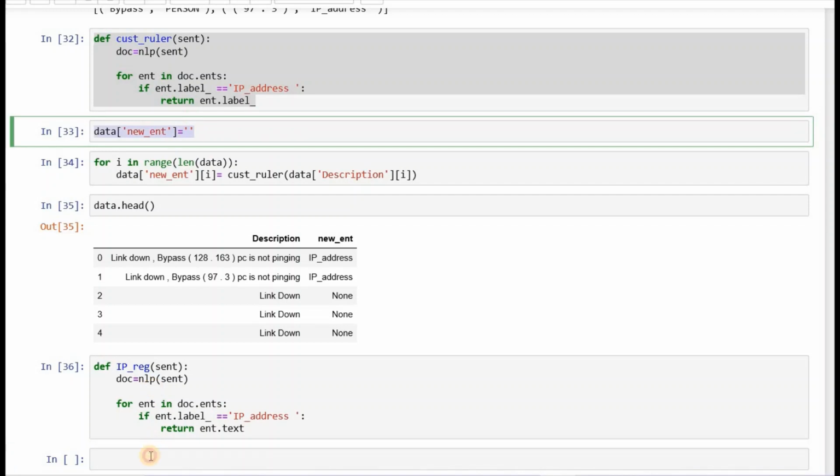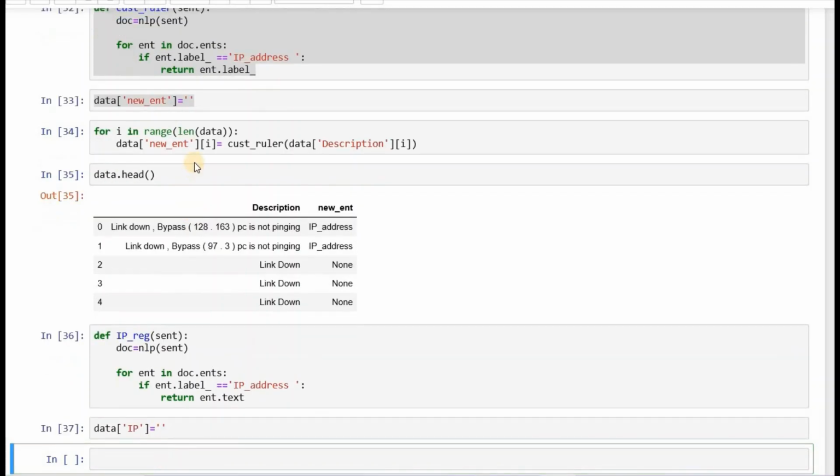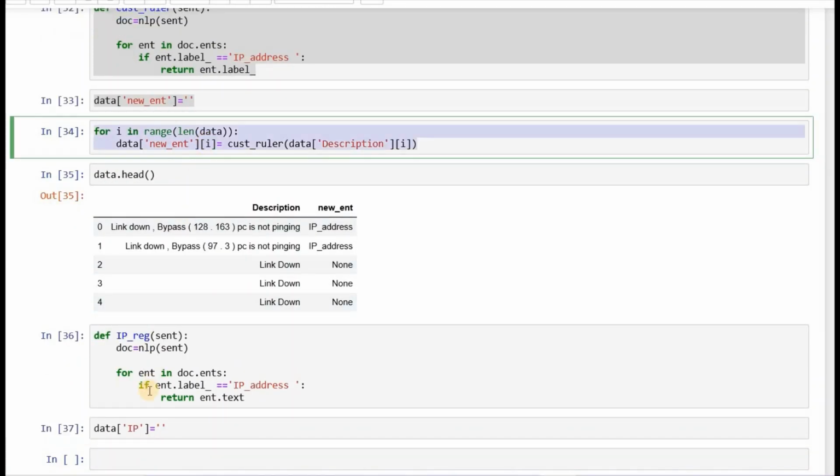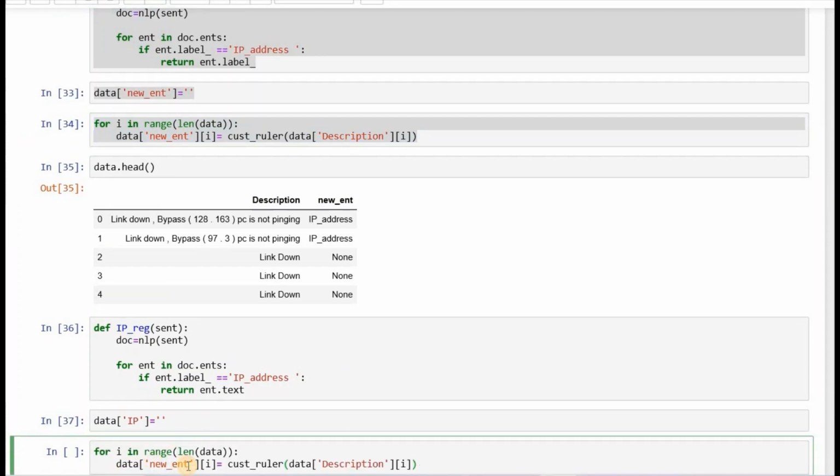And we can add one more column. Let's name it IP, and we can run this line of code to save the IP details to the new column named IP.